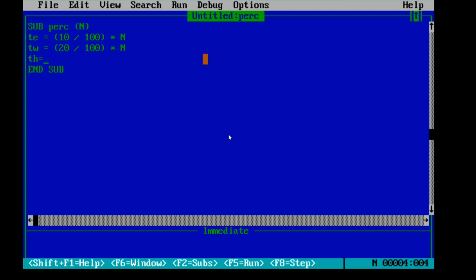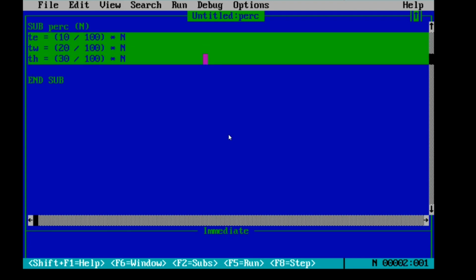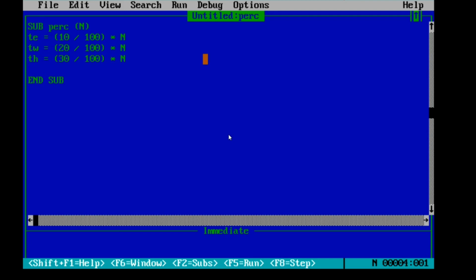For 30%, I will write here TH. You can write any other name, ABC also. For 30% also, 30 by 100 is 30%. Multiply by n, that is 30% of the n input number. We have calculated 10%, 20%, 30%. Now we need to display the values. So we need to write here print